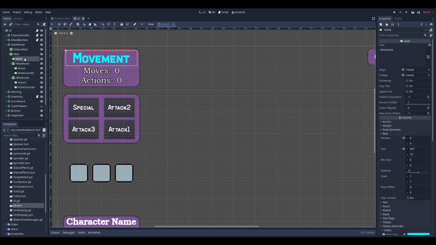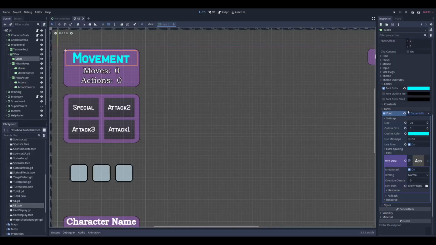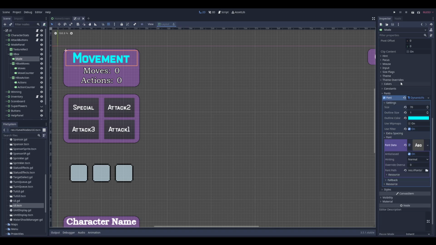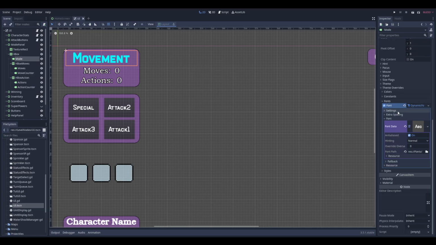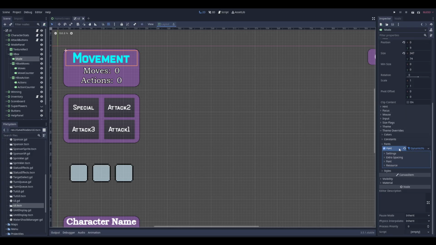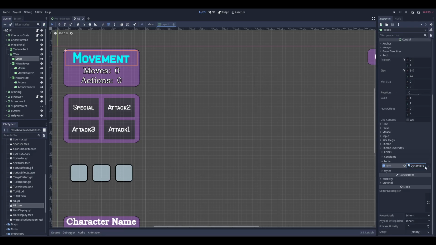So we're going to select our label here. We're going to scroll down to where we see theme overrides, and we can close colors here, theme overrides, and we want to go to fonts. Now it won't have all of this stuff, so you want to select font, go here to the drop down box, and when you select the drop down box, you're going to see new bitmap, new dynamic, and over here